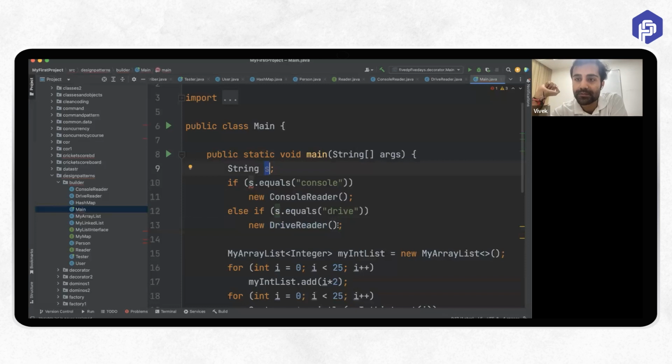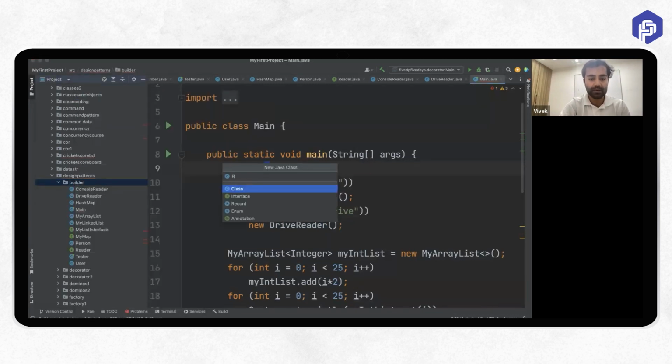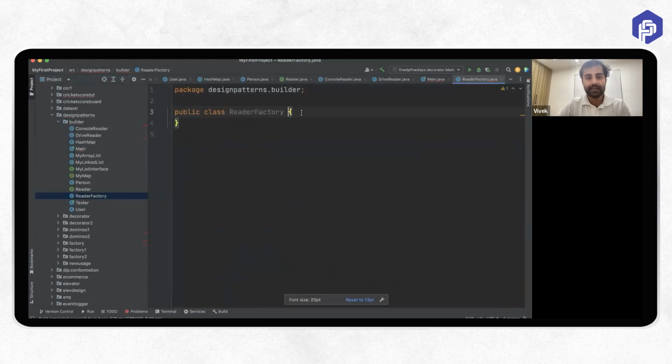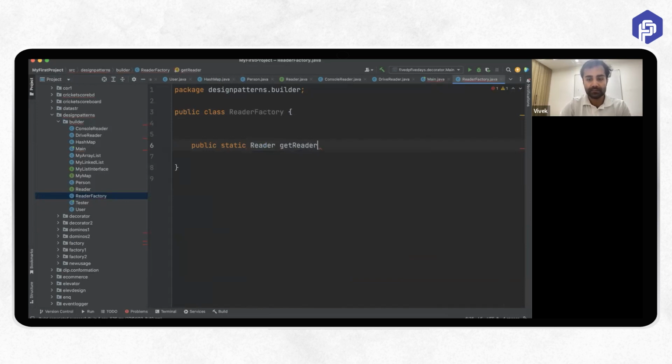Is it making sense? Yes or no? So this is something which is bad. So what the factory pattern says is that we want to centralize this responsibility of object creation. For doing that, what one can simply do is have a simple class called ReaderFactory. Now ReaderFactory is a class, and let's say it has a simple static method for now. This static method will return a Reader. I'll call it getReader. Now it takes a string S,